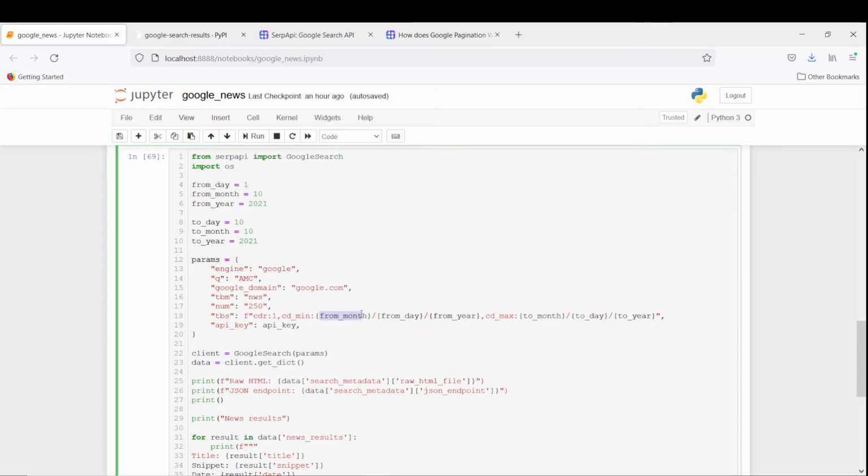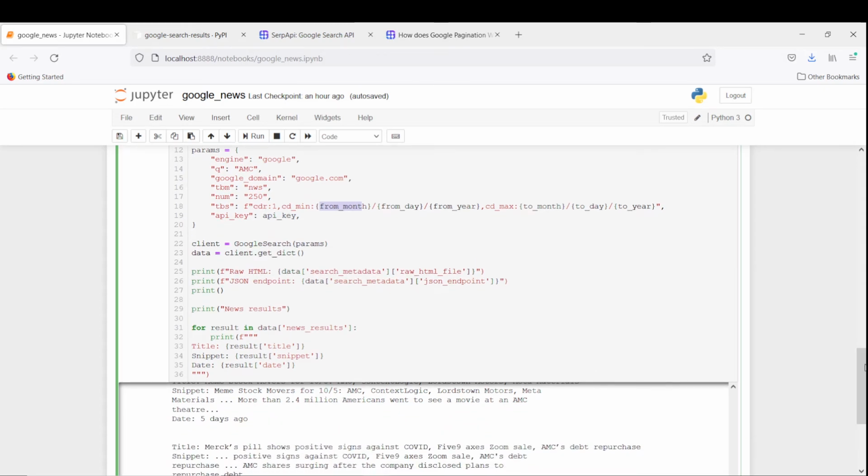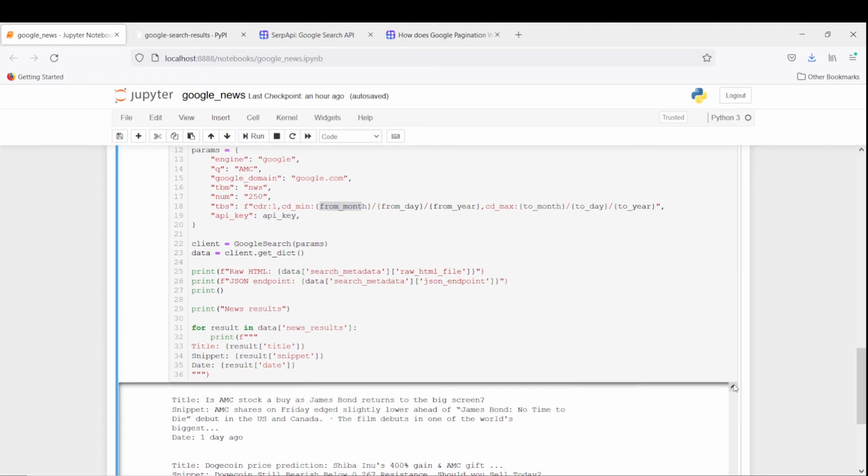So this is just taking this from month, from day, and then to day, to month, etc. So this is just like what you would find in your search bar there, right? That's your address. So it's going to take all them news articles, right? Okay. So then what I'm going to do is I'm going to print out